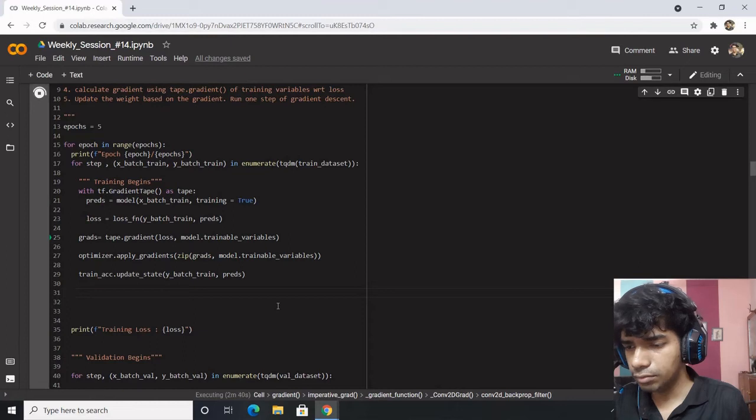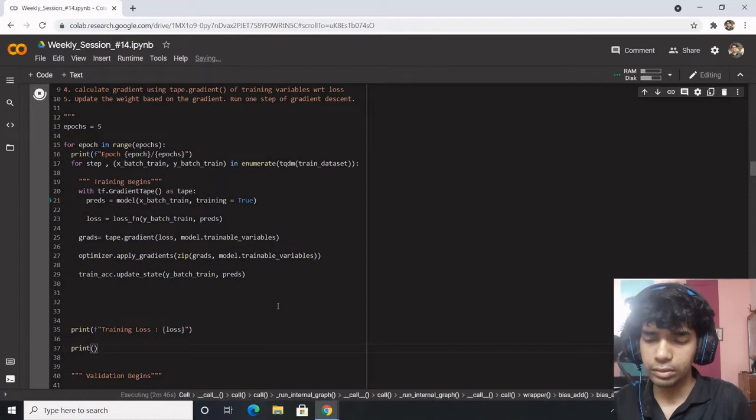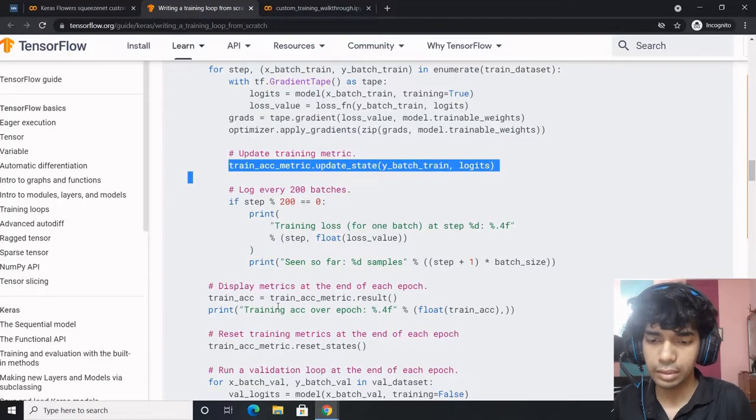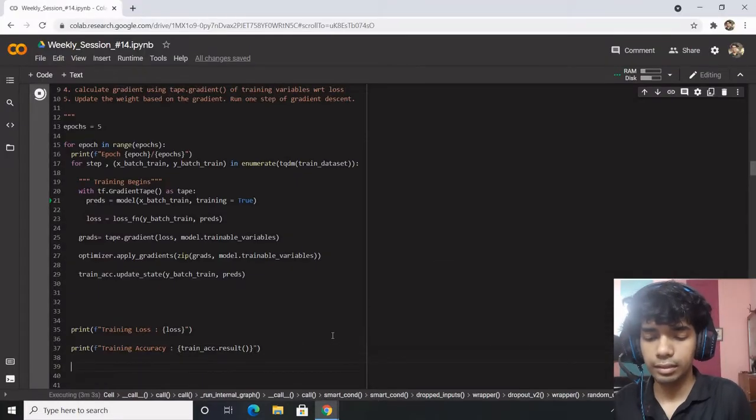Outside the for loop, at the end of the for loop, you will define the training loss. We'll also print out the training accuracy as train_accuracy.result, and after that you've got to reset